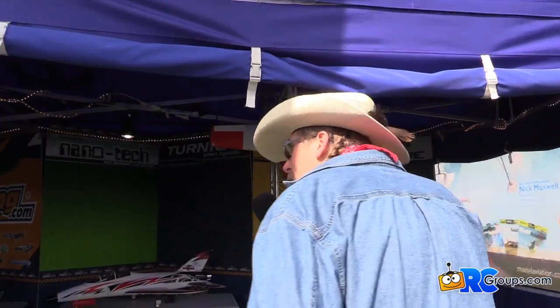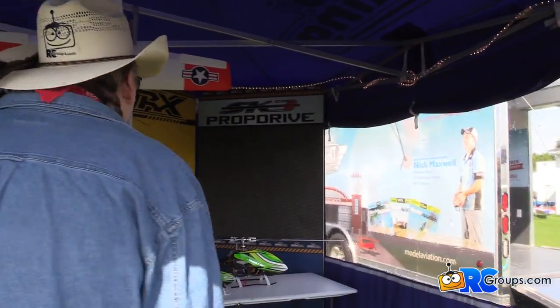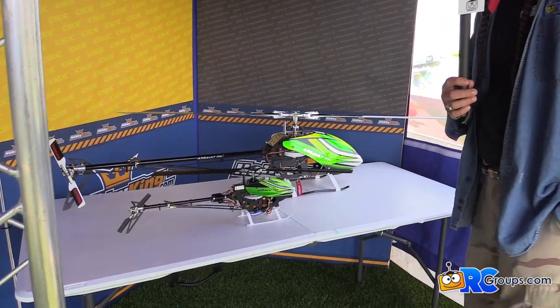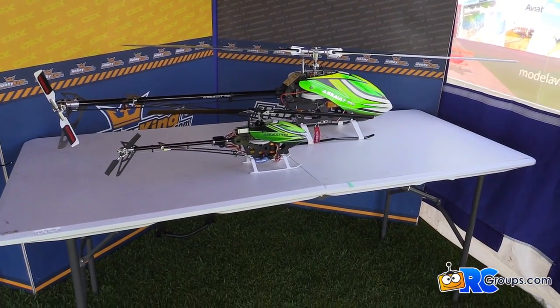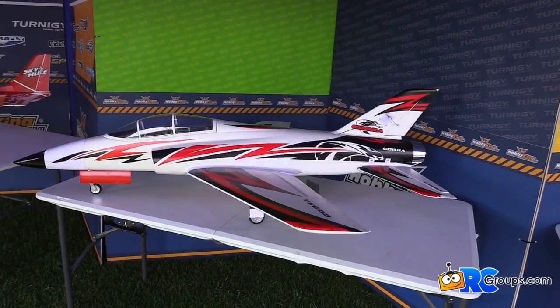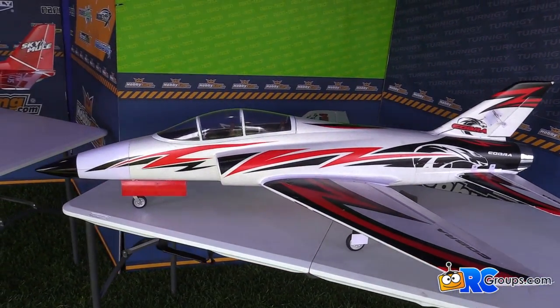The HobbyKing booth at SEFF 2014. The sides are rolled up. The cool bus is in the back. They've got the HobbyKing RV, and they've got everything out and on display, like these assault helis, the lovely Cobra,